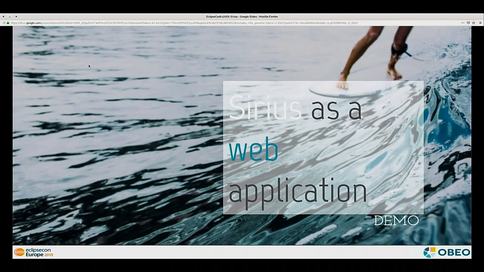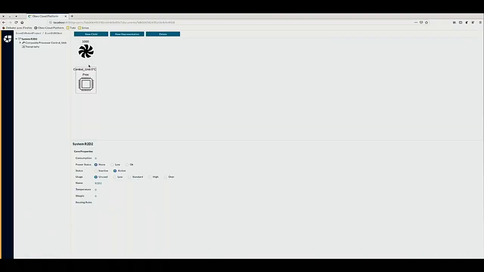I can create some containers, as I showed you. I can create some nodes, but the most important thing for us is to be compliant with EMF, as